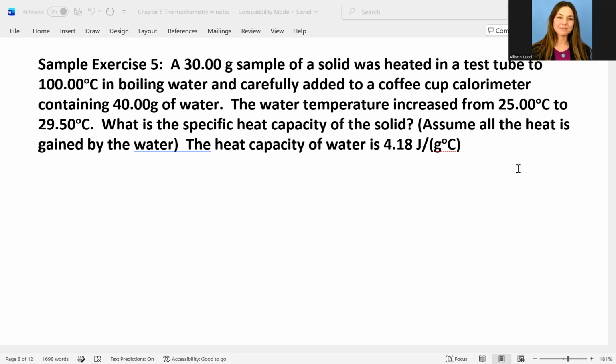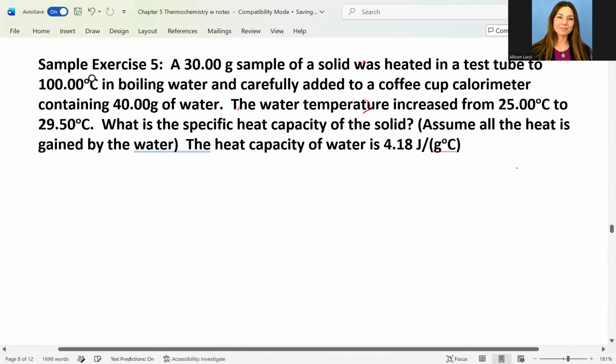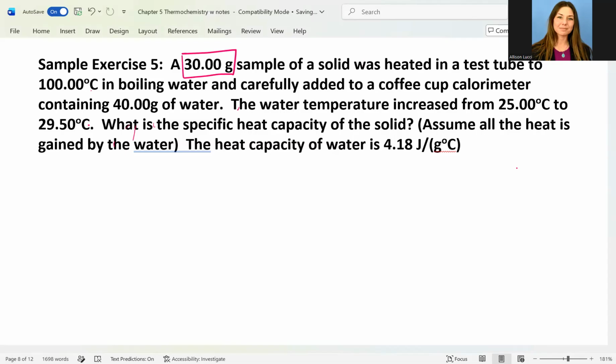So we see sample exercise 5 from our chapter on thermochemistry here. And this type of question is representative of a type of reaction that you could see in an in-person setting for general chemistry 1, where we have a 30-gram sample of an unknown solid, and we heat that in a